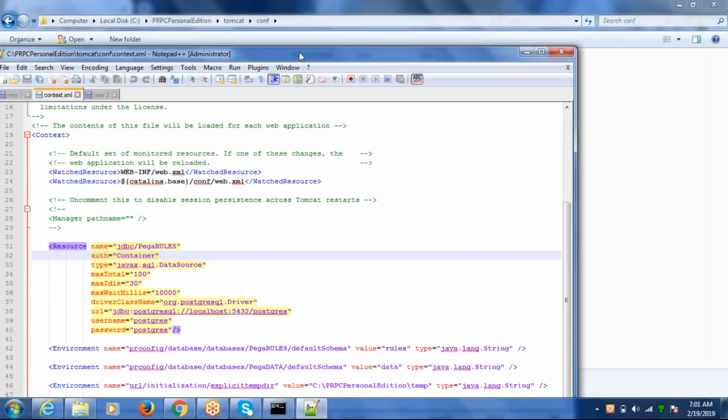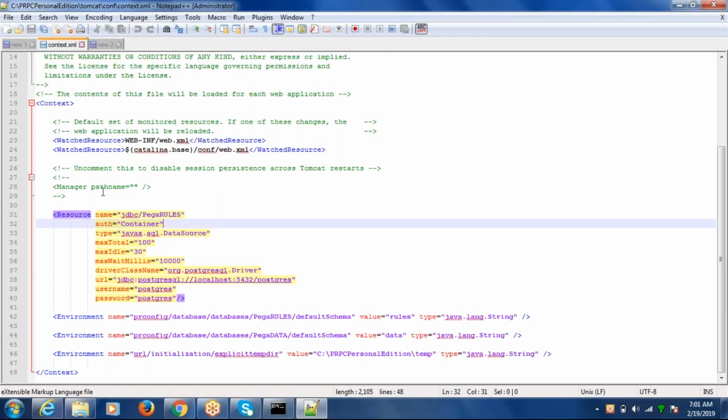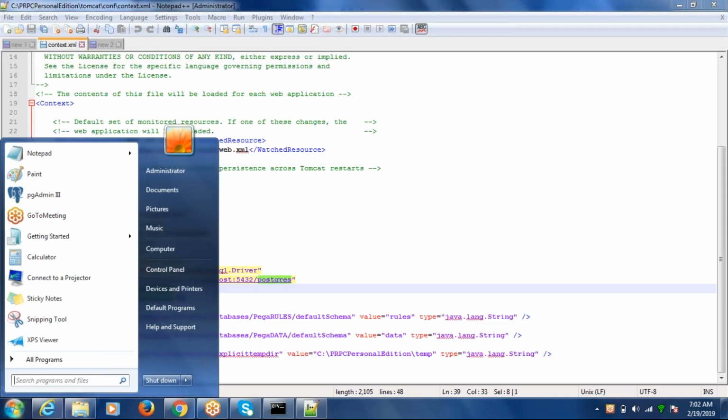This is where you can see the database credentials. If you see, this is the host, this is the URL for the DB, and the username and password are provided here. You can even connect to the database if you have the pgAdmin tool.